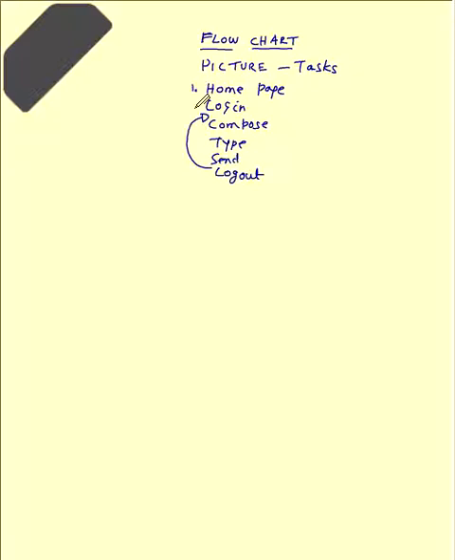So if you number them 1, 2, 3, 4, 5, 6, there are several steps. Writing it in a textual way is called algorithm. But putting this into a consistent picture is called flowchart.